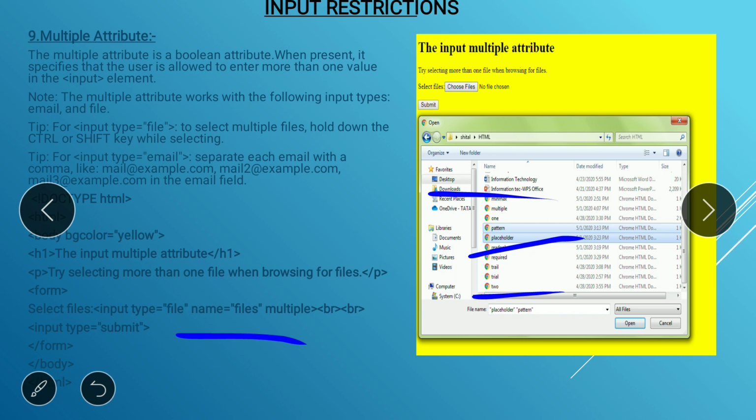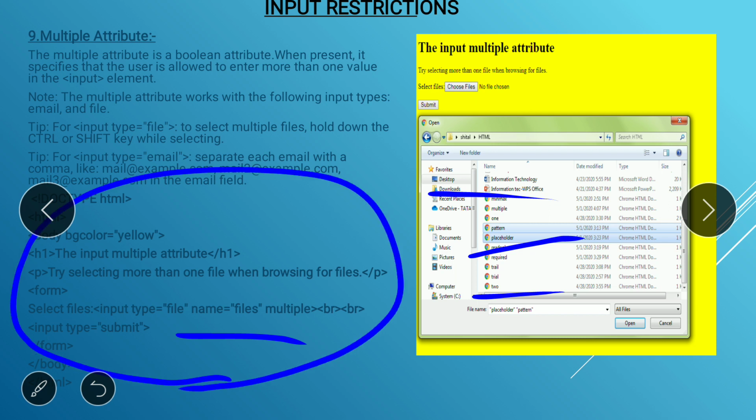We already discussed, and students, if you learn all those programs I have told you or given you in the notes, then you definitely know what is the output and what is the use of those attributes and those controls, right?